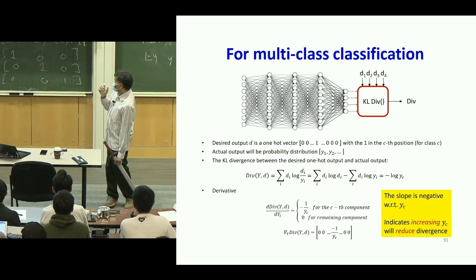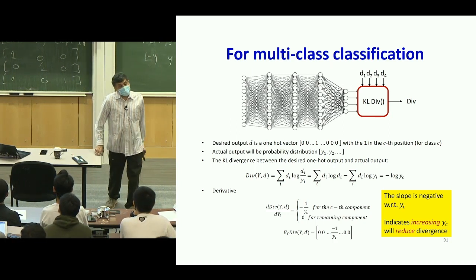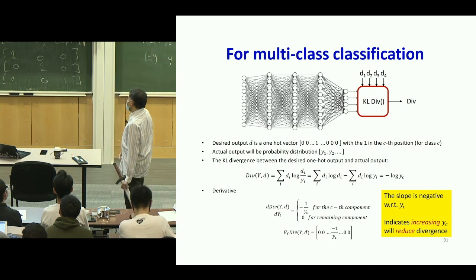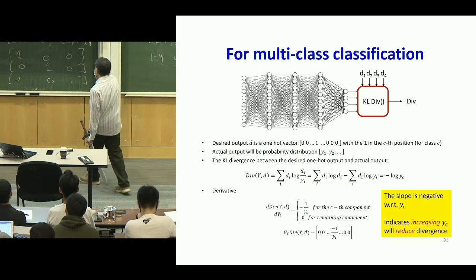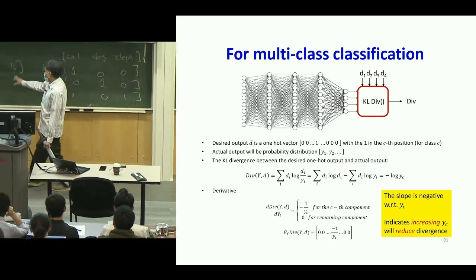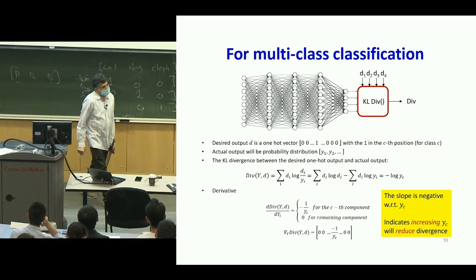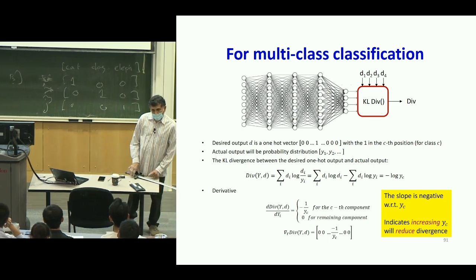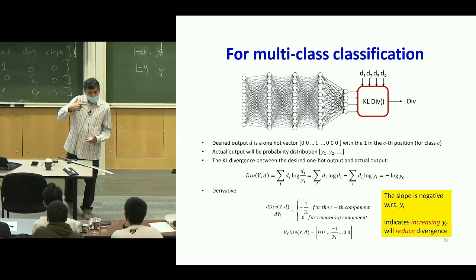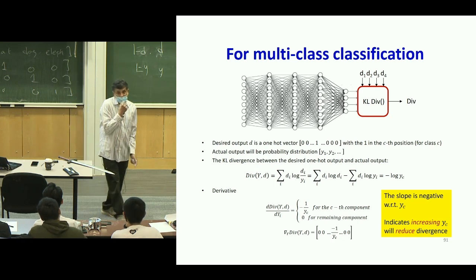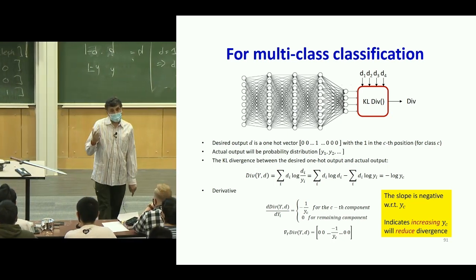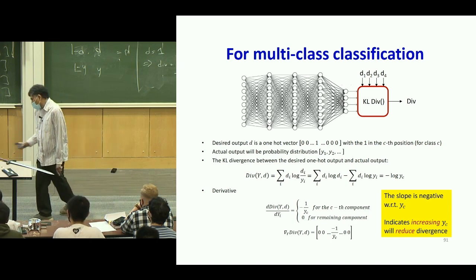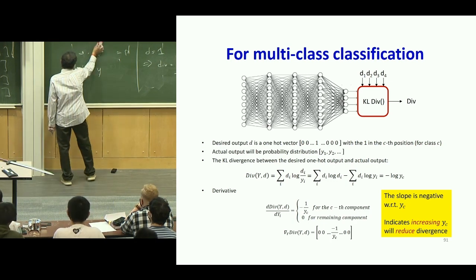Last topic. When we speak of multi-class classification, we actually have a one-hot output, a desired output, and the target output, which is a probability distribution. So I have two vectors, both are probability distributions, and I can once again define a Kullback-Leibler divergence between the two. And so the Kullback-Leibler divergence between two probability distributions is defined as,